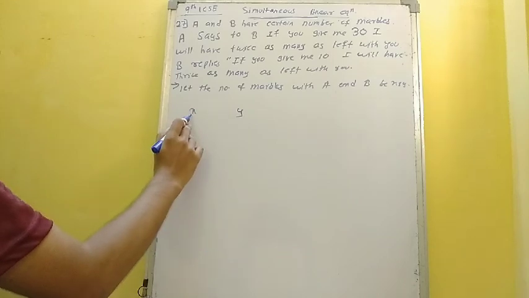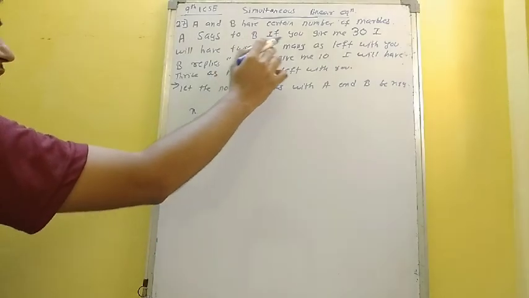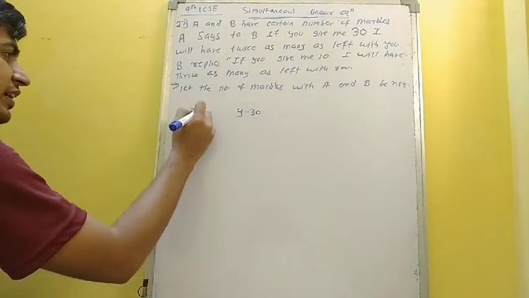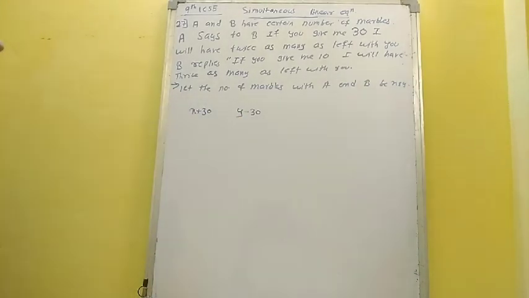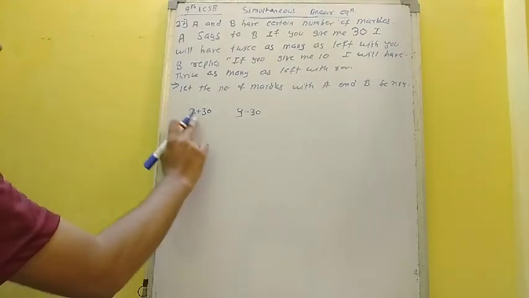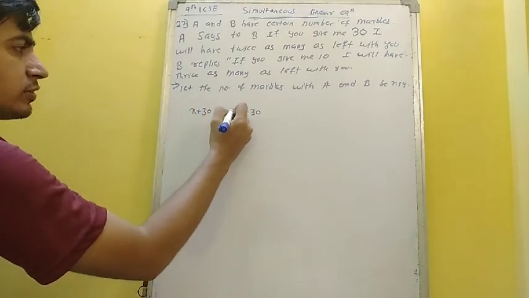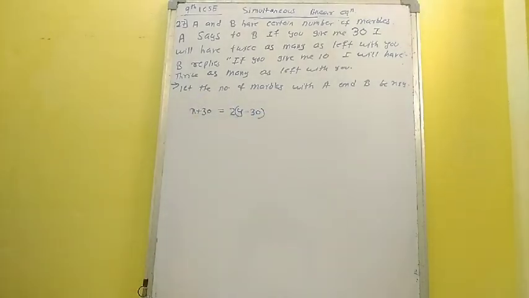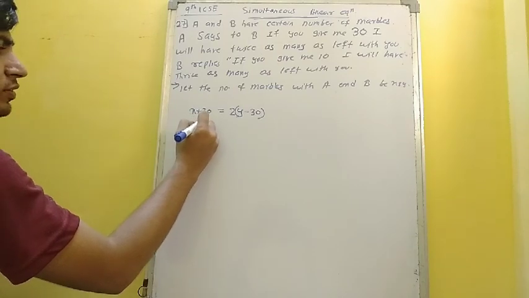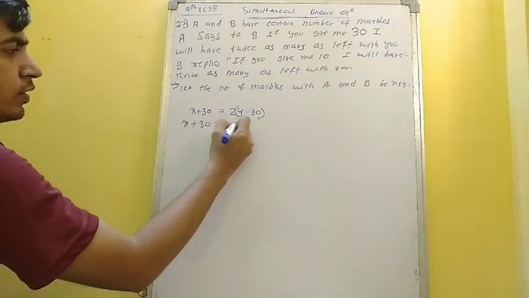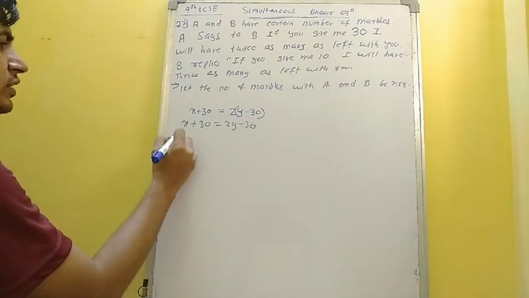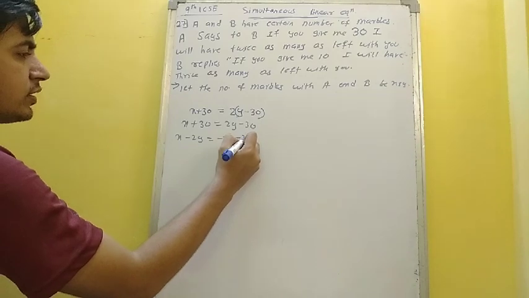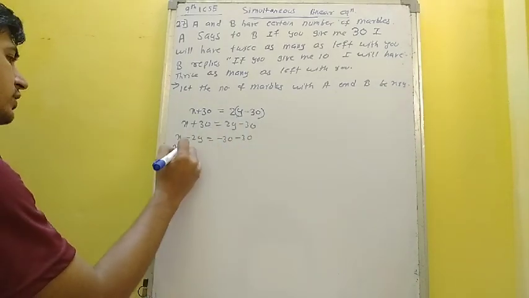Y is B and x is A. If you give me 30, so 30 gets subtracted from B and gets added to A. Then A will have twice as many as is left with you. So x plus 30 equals 2y minus 30, x minus 2y is equal to minus 30, plus 30 will go there, minus 30,